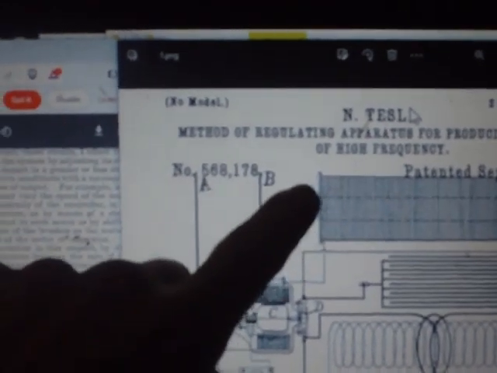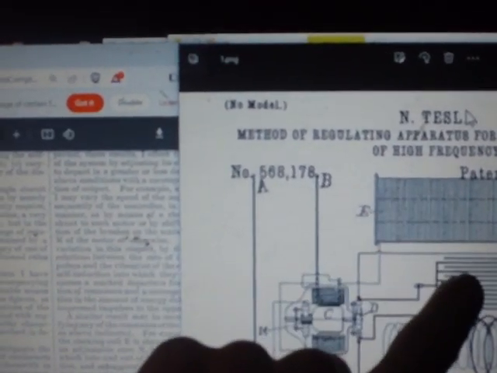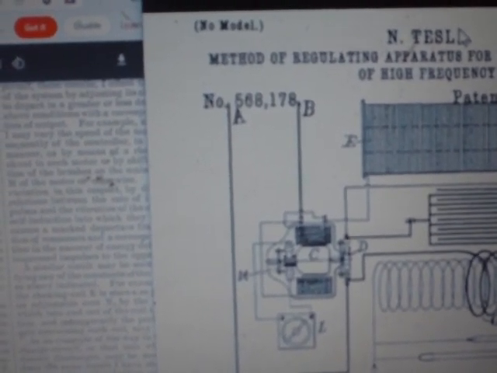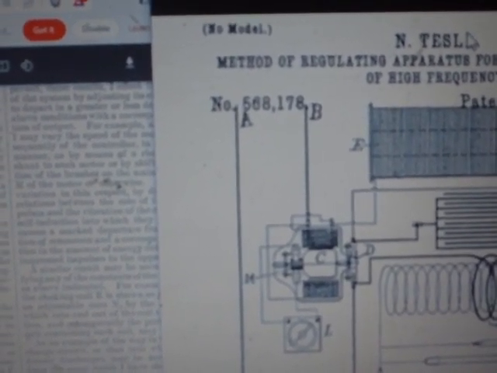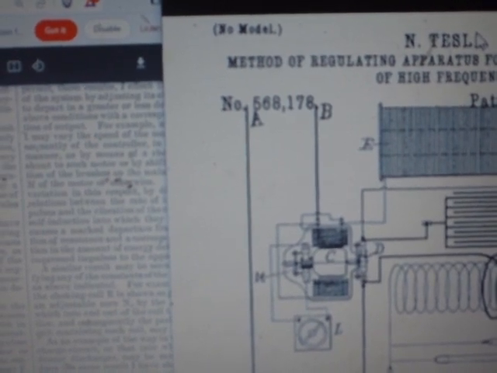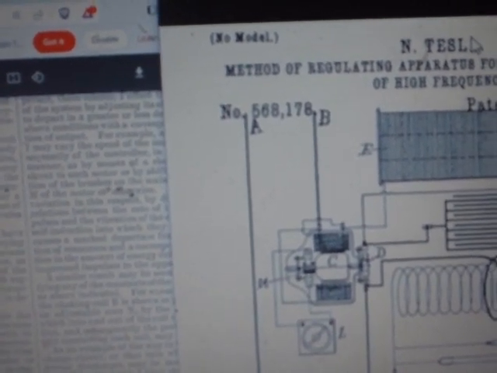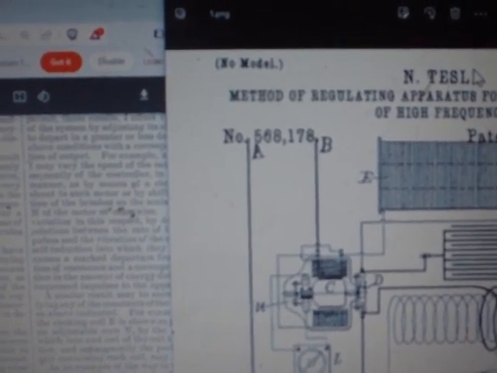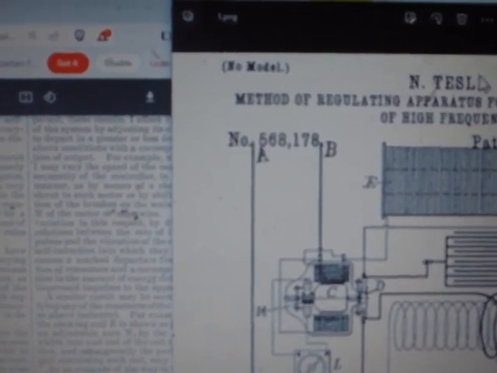So this will be on, and this will be off, and this will be on, and this will be off. So we choose to alternatively close the supply circuit through the motor or through a self-induction coil E, and